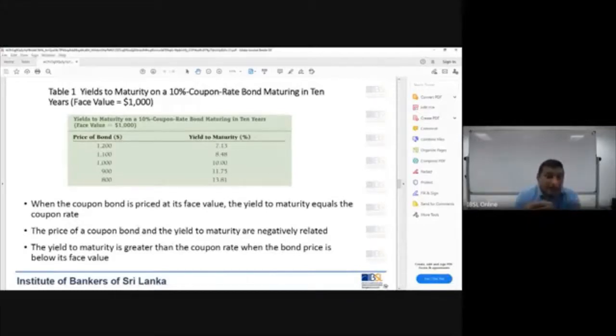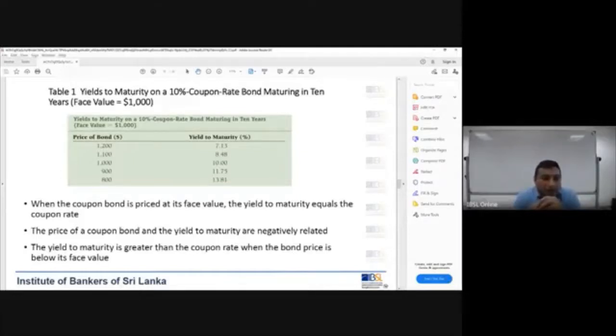That's why 7.13 now becomes 8.48. It is like 1.5% for 1,000. 1.5% of 1,000 is how much? 15 per 1,000. For 10 years, it's about 150. But when you discount it to present value, you get 1,100. You have to pay additional at the buying time, right, to compensate for higher coupon receipts during the lifetime of this bond. But then we also see face value is equal to the price of the bond,